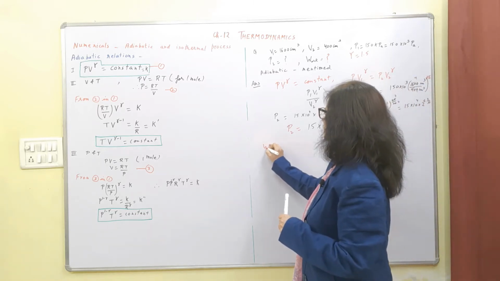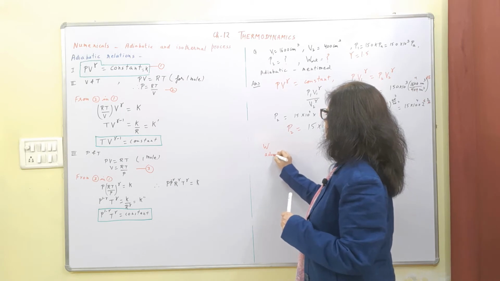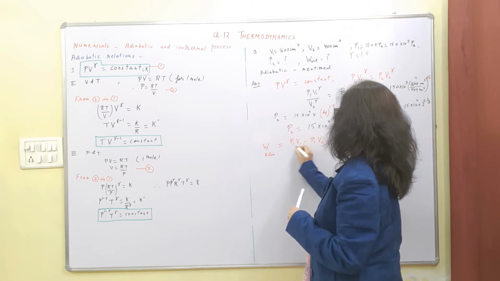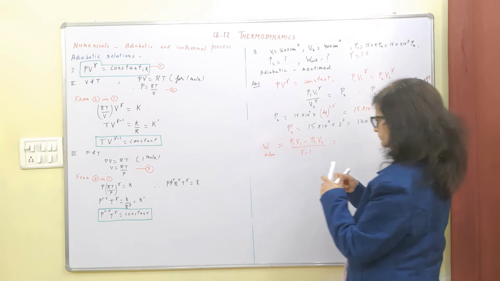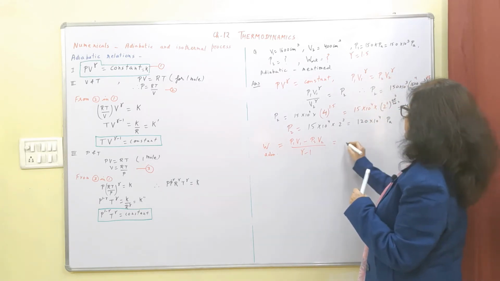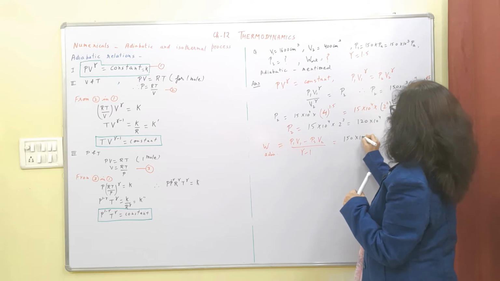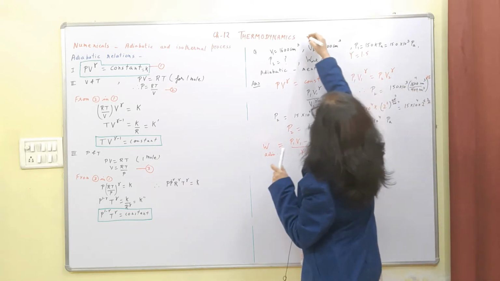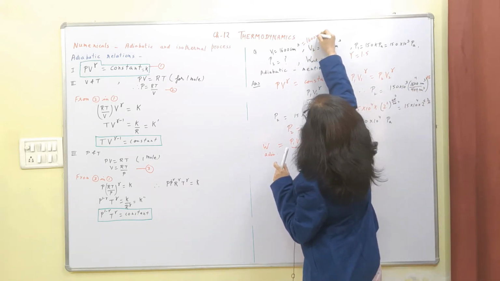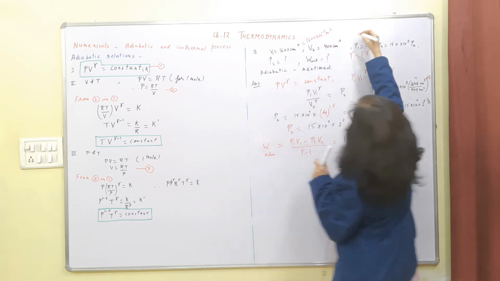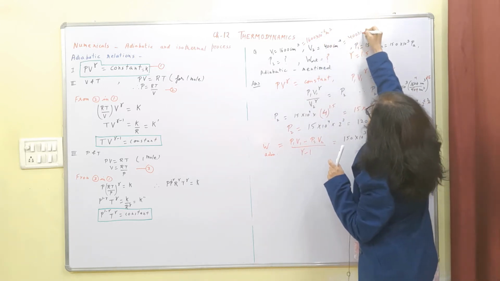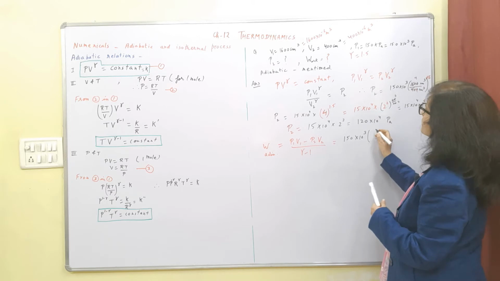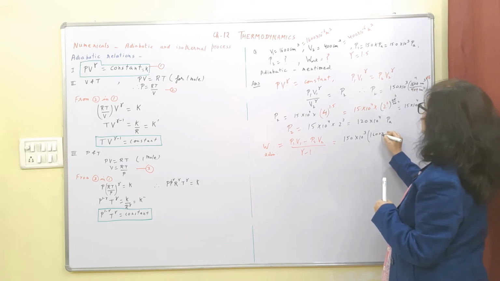So therefore, work done in adiabatic: pressure 1 is 150 into 10 to the power 3, into volume 1. This is in centimeter cube, so this will be converted into meter cube, and this will be 400 into 10 to the power minus 6 meter cube. So this will be P1 into V1, means 1600 into 10 to the power minus 6